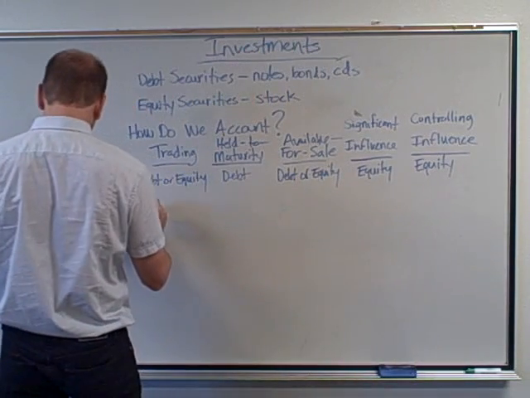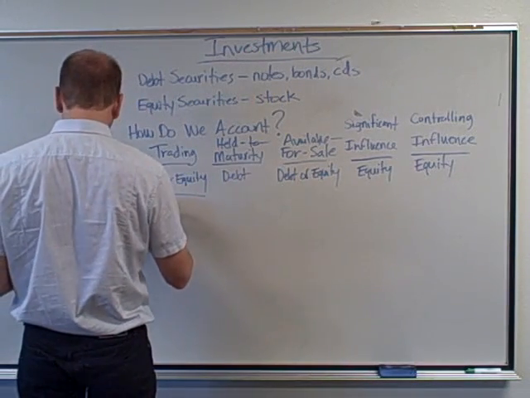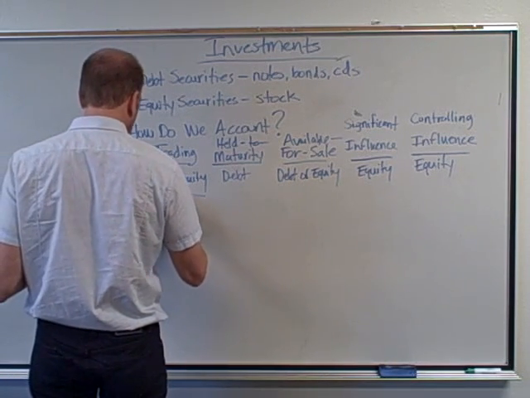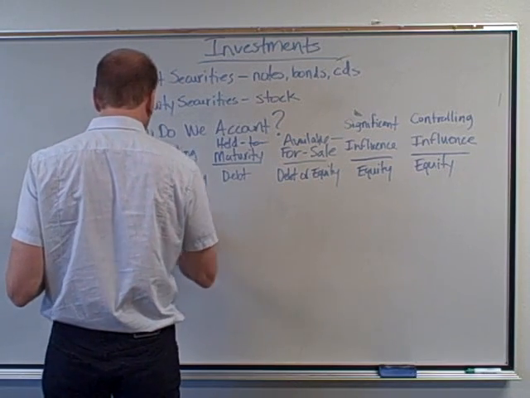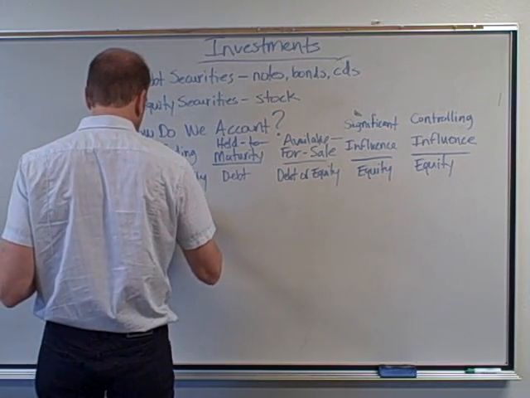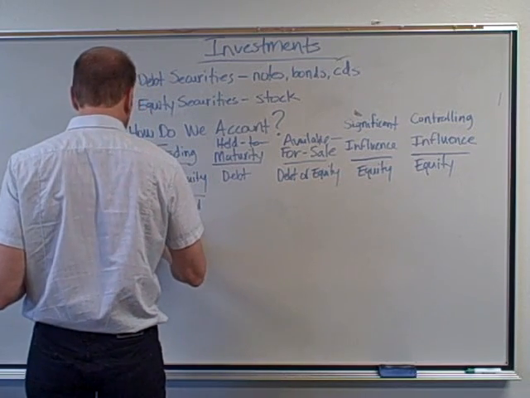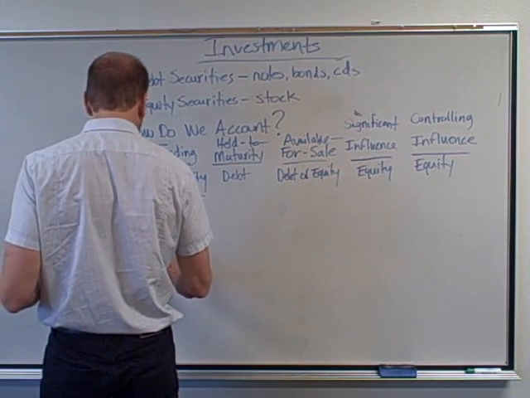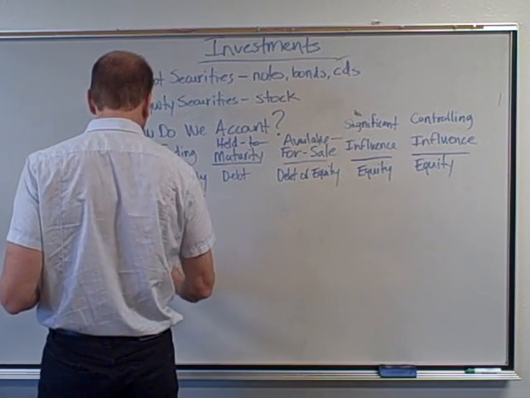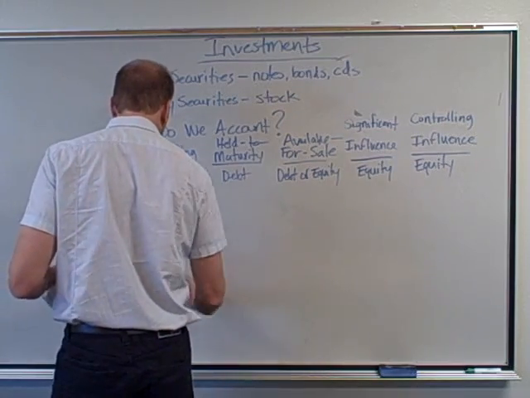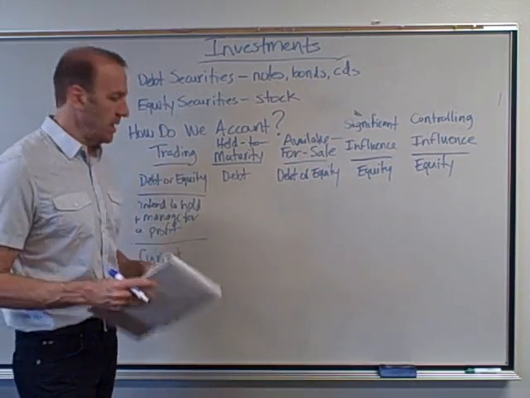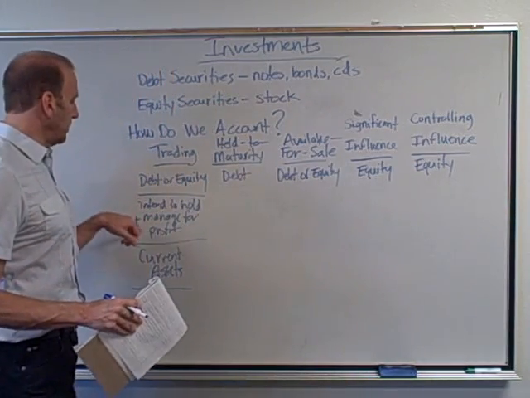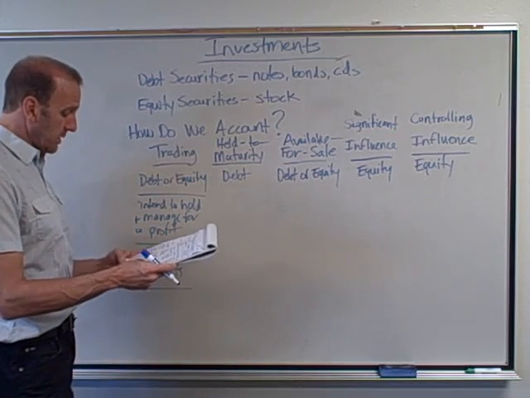We categorize these, well, first of all, we intend to hold and manage for a profit. We're going to categorize them as current assets because we're planning on trading them. We're trying to make some money quick usually, okay? So we're planning on holding them and hopefully the value is going to go up, okay? So that's why we intend to hold and manage for a profit. They're going to be categorized as current assets.